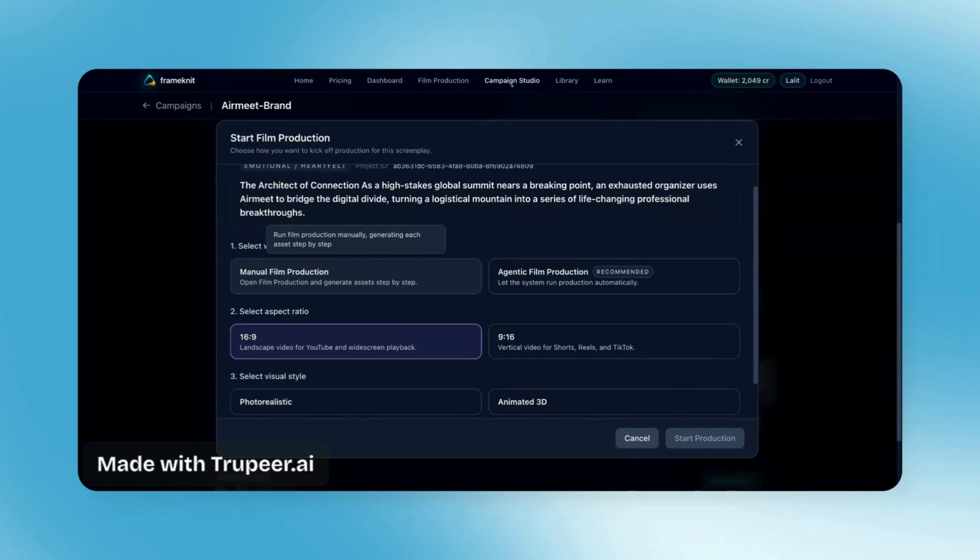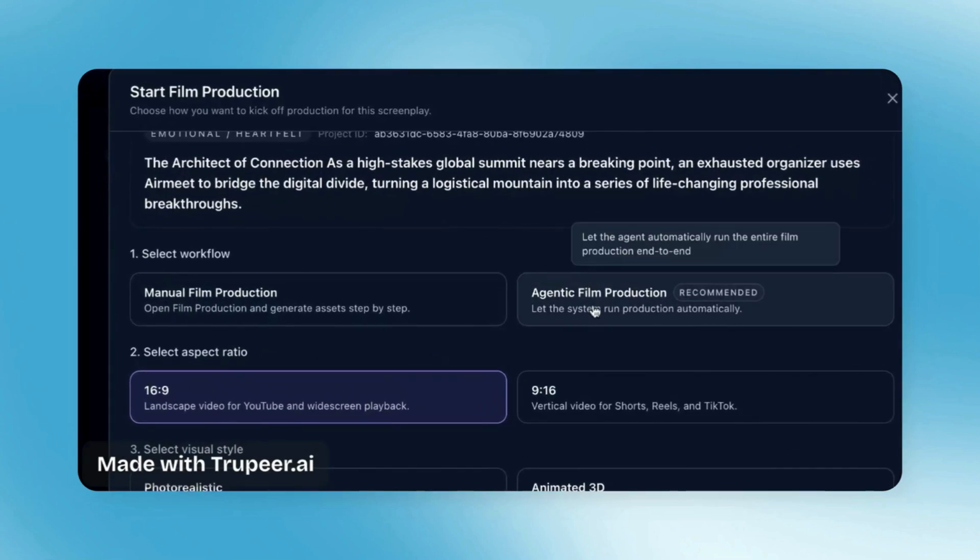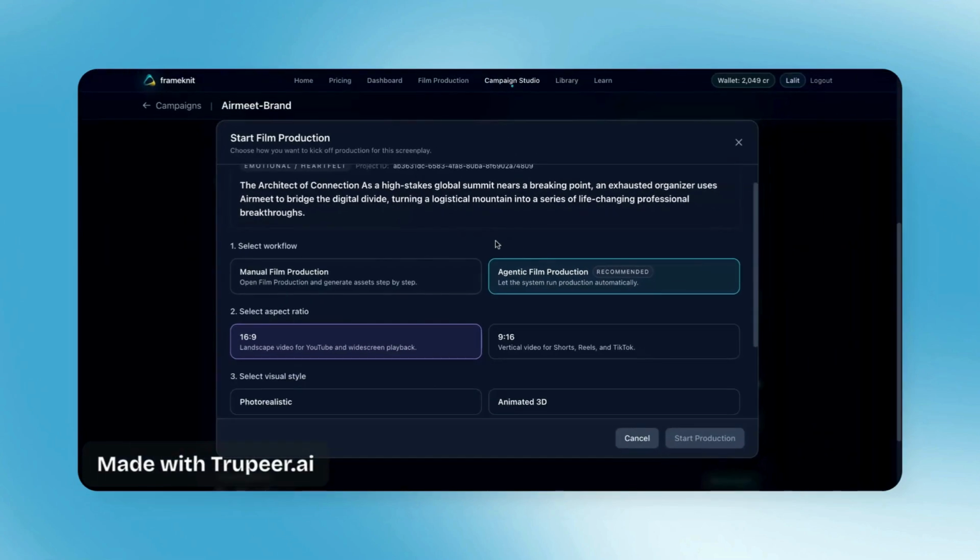If you're not happy with a result, you can keep regenerating it. Then move on to approving location images and scene images. It takes a bit of time, so agentic film production solves that. The agent has been fine-tuned with a strong level of judgment, so it can take your screenplay and generate a